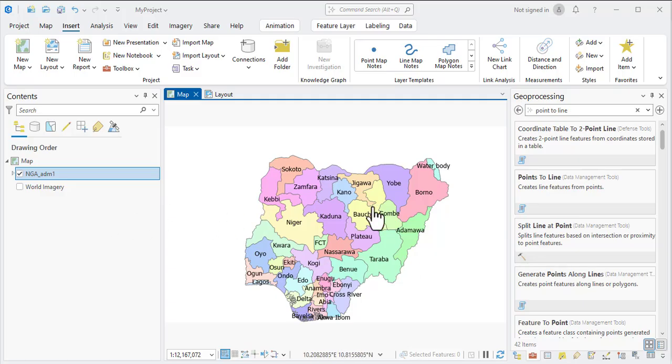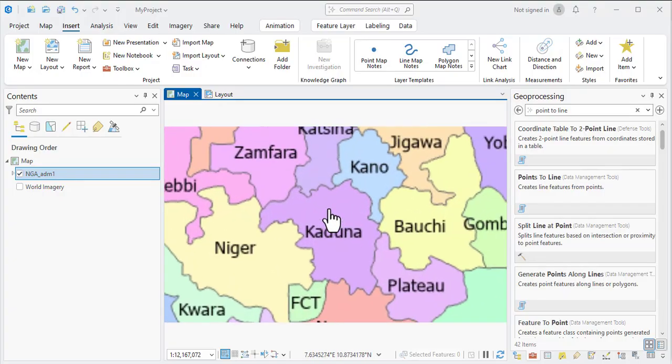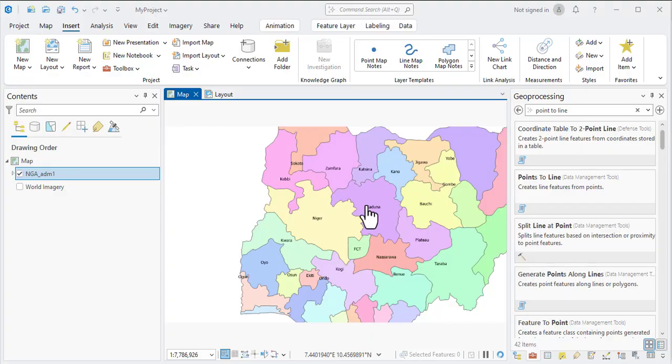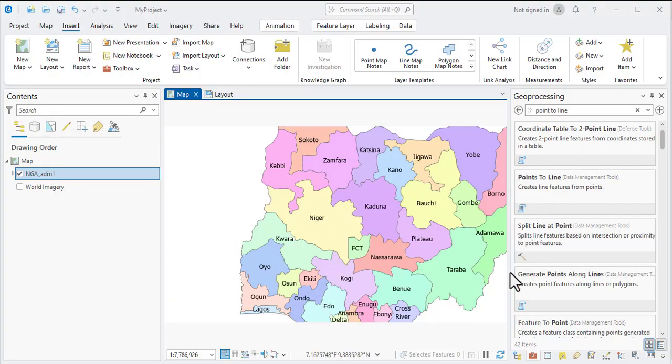Alright, so the next thing I have is the whole map of Nigeria, the 36 states plus FCT, making it 37. I want to use the boundary of each of these states for the legend. So what we first need to do is to go to our